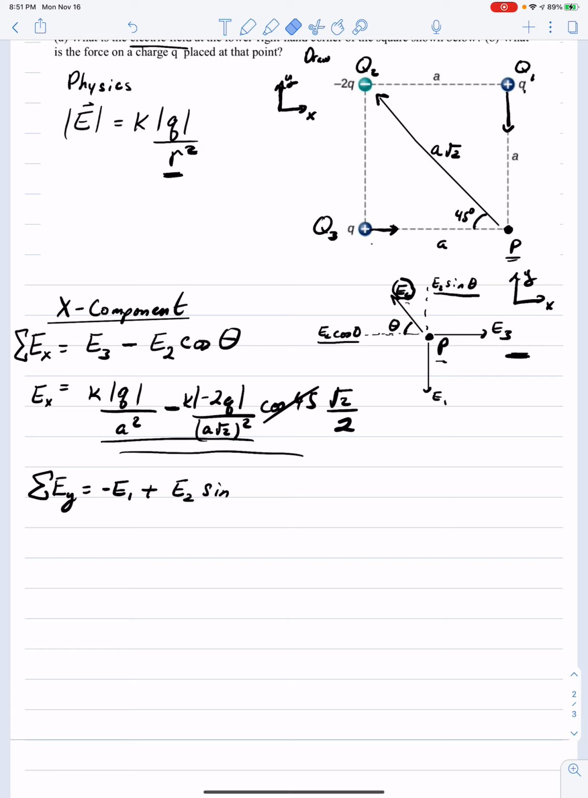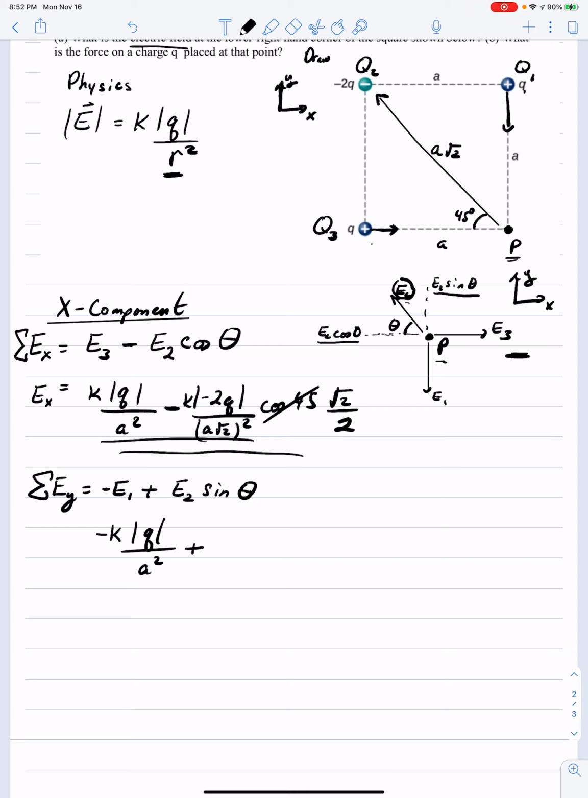And you're using the trigonometric functions to get the y component of that E2 magnitude. Okay? And you would rewrite this as negative K, or Coulomb's constant, times charge, since this is 1, it's still charge 1, or just Q, over A squared